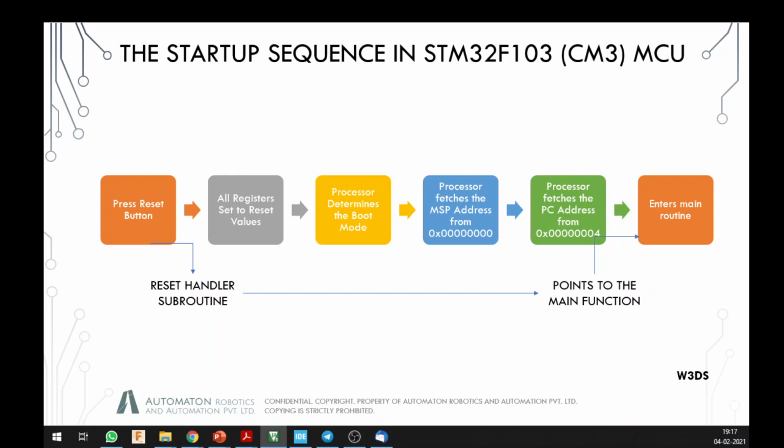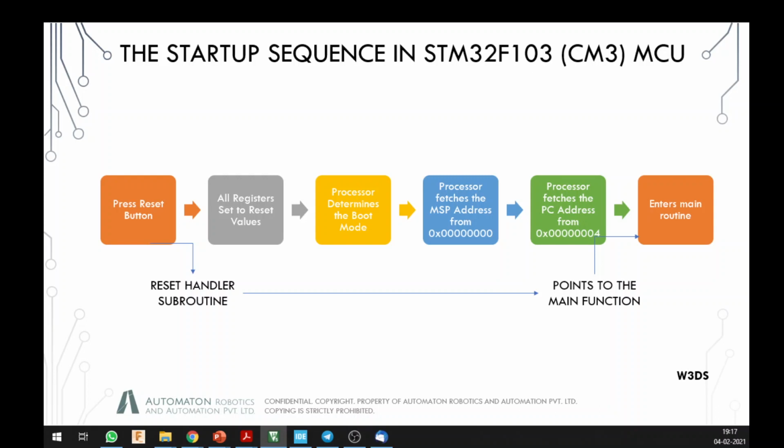Whenever you apply power to your system, it is going to get into a reset state. How reset works is that it is basically an active high reset, with inverting logic. Whenever you apply power, it automatically gets into the 5 volt region, moving from a 0 to a 5 volt state, and that is why it gets reset automatically.